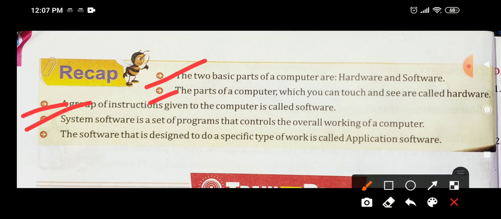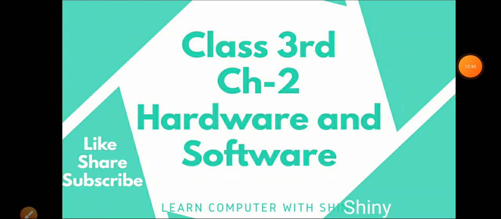System software is a set of programs that control the overall working of the computer. A software that is designed to do a specific type of work in the computer is called application software. Now this is all about this chapter. I hope you all have understood all the topics well.